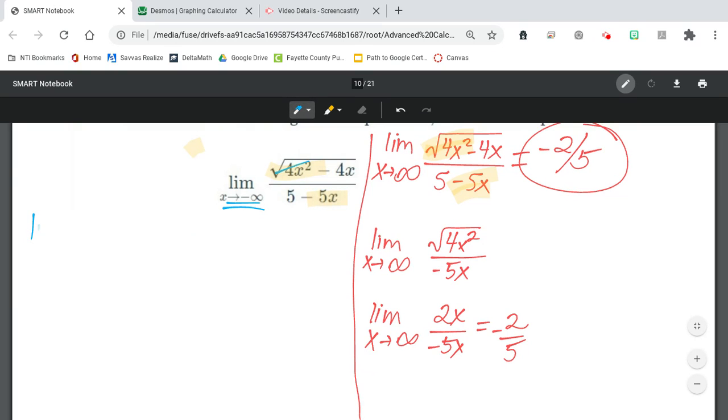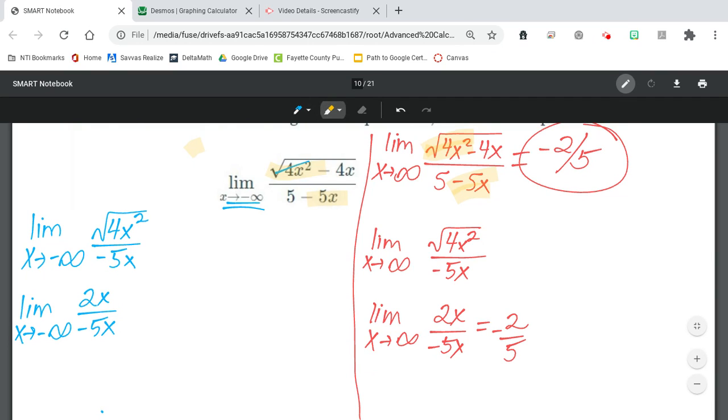So the limit as x approaches negative infinity of the square root of 4x squared over negative 5x. And I can simplify the square root of 4x squared to be 2x over negative 5x. And again, it looks like I'm going to have negative 2/5 if you compare, but keep in